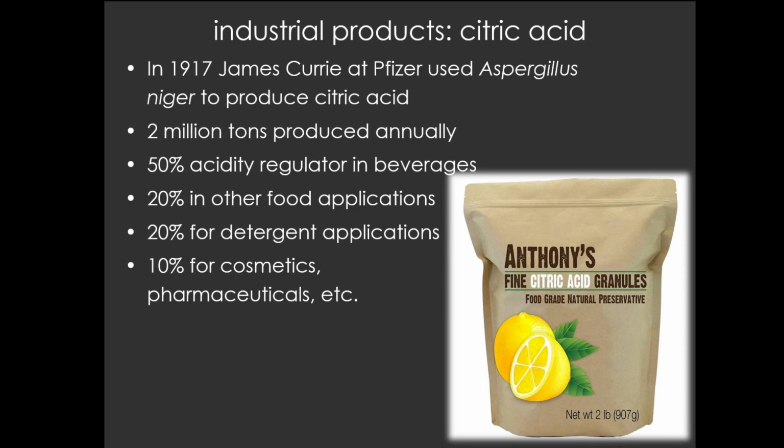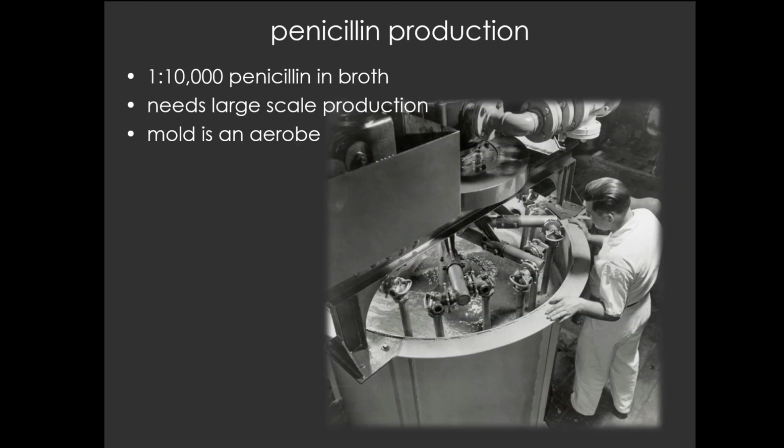This citric acid, though, is important in and of itself. About 2 million tons are produced annually. About 50% of those are used as an acidity regulator in beverages like Coca-Cola and Pepsi and things like that, 20% in other food applications, 20% in detergent applications, and then 10% for pharmaceuticals and cosmetics and things like that. So important on its own, but also, as I mentioned, because of its relationship to penicillin. And the relationship of citric acid to penicillin is James Curry,